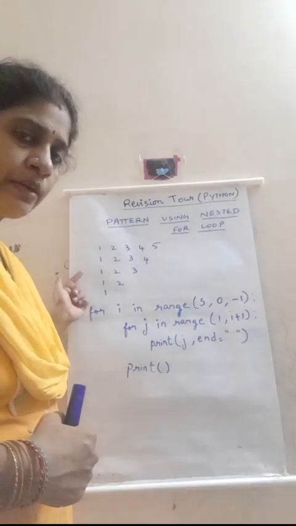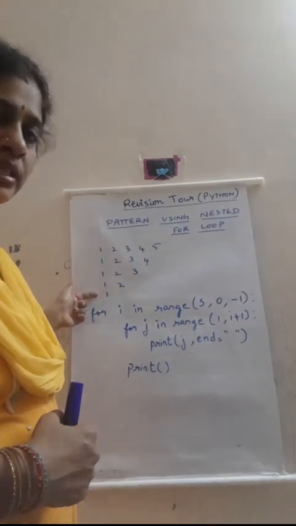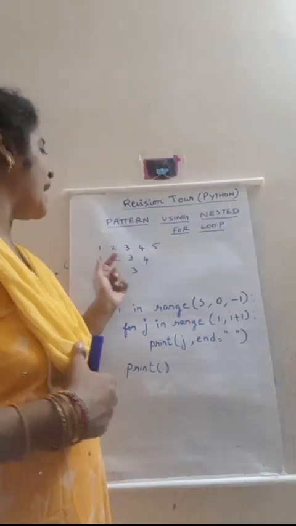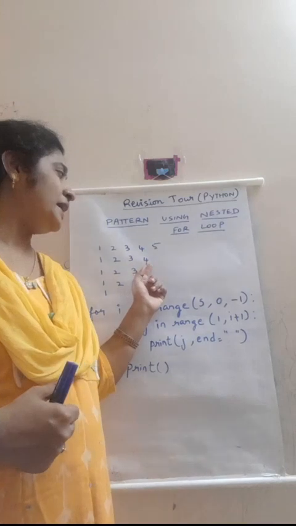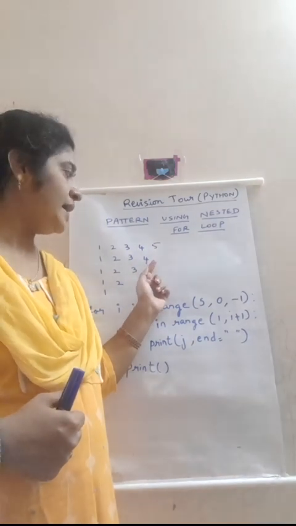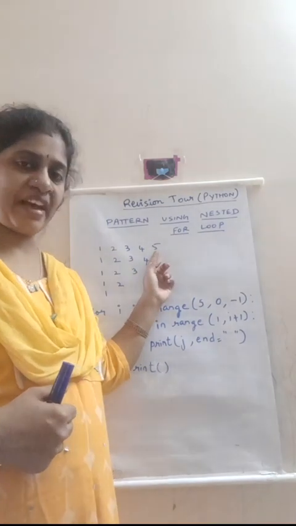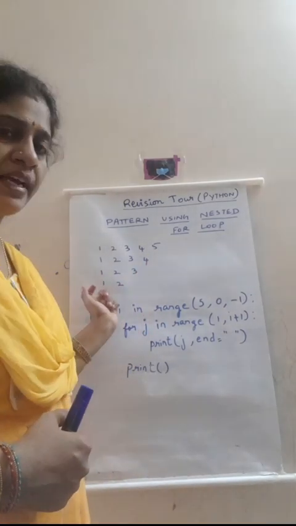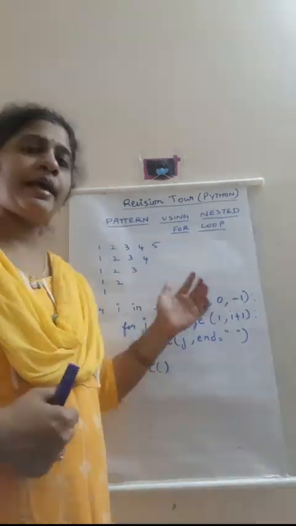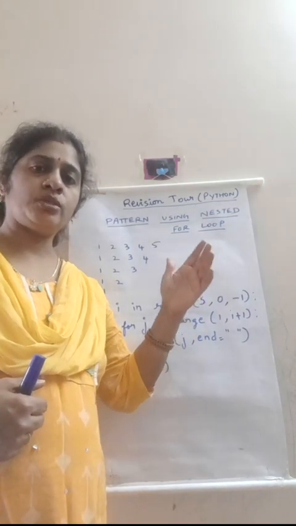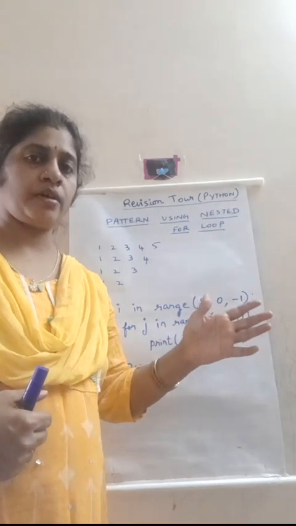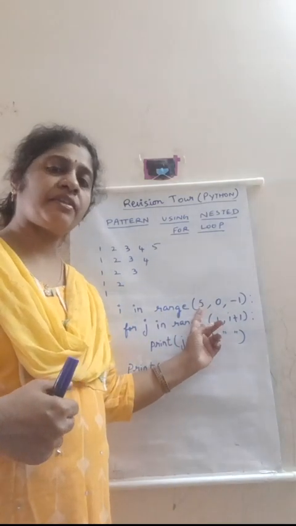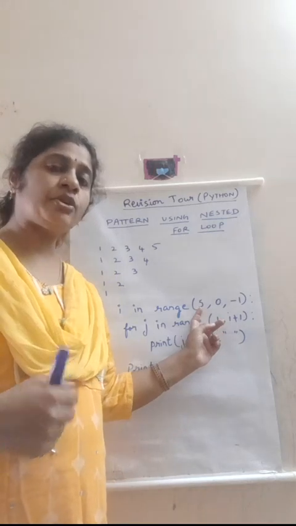Totally there are 5 rows and the loop is running for 5 times. That is for sure, the loop is running for 5 times, and each time the value of i is getting reduced by 1. First time 5, here 4, here 3, here 2, here 1. That is how I am going to run the loop. I am going to start the loop in the reverse fashion. Initially I am going to start it with 5, because I want to run the loop from 1